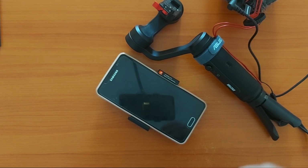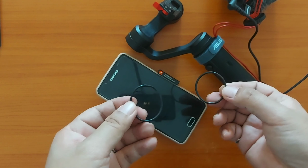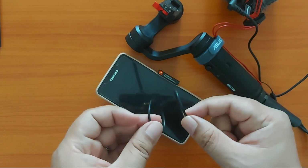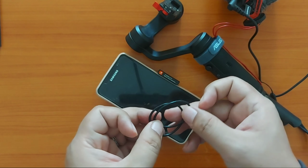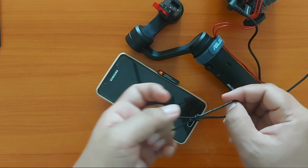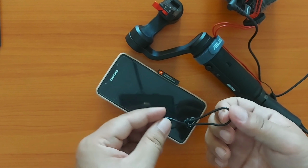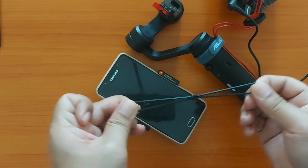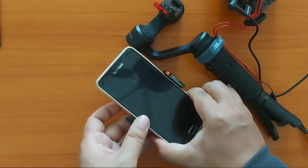So I have two rubber bands here. All you have to do is, by the way, this is a very thick rubber band. I just found it from my microphone mount. I don't use it anymore, so I found out I can use it this way. So how? First,